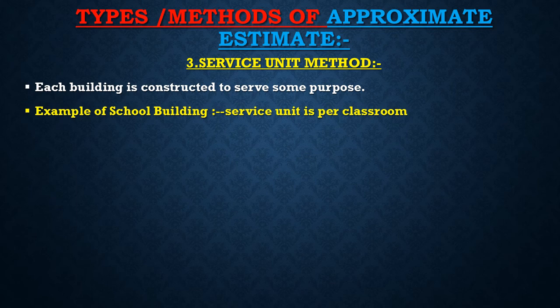Whenever a building is constructed, the engineer keeps the record of the place of construction, actual cost of construction, number of service units, etc. From this record, it is possible to work out the cost of construction per service unit. In a school building where there are many classrooms, the cost of one classroom is worked out and then multiplied by the number of classrooms to be constructed.